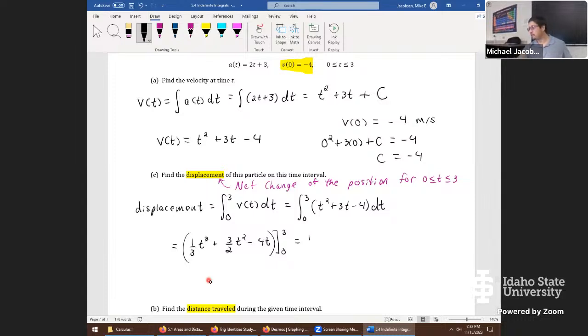Okay, this will turn into 1/3, 3 to the power 3. All I'm doing is taking the upper limit of 3, plugging it everywhere we see the variable t. Then plus 3/2, 3 squared, minus 4 times 3. And when you're doing a definite integral for this kind of integration, a 0 is like a friend at this point. I would probably not write anything else out from this stage forward because plugging 0 here, here, and here, just nothing but zeros all the way down. But just for the sake of notes, let's do it one more time. It's 1/3 of 0 cubed